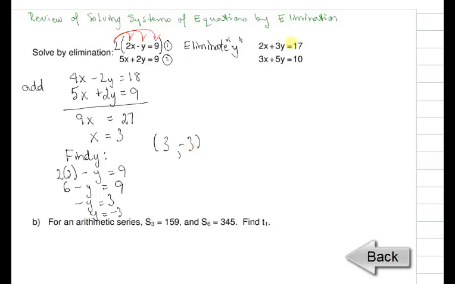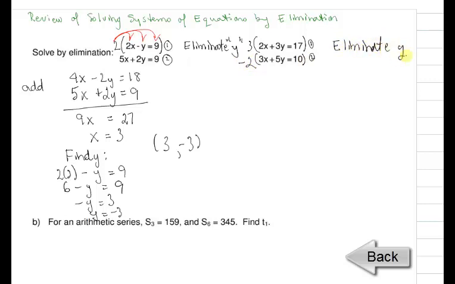Okay, so I'm just going to work quickly through the second one. Maybe you want to pause right now and try it out on your own. And then, once you've worked it out, play the video again and see how you did. Okay, so I'm going to take equation 1 and multiply by 3, and I'm going to take equation 2 and multiply by negative 2 because I want to eliminate